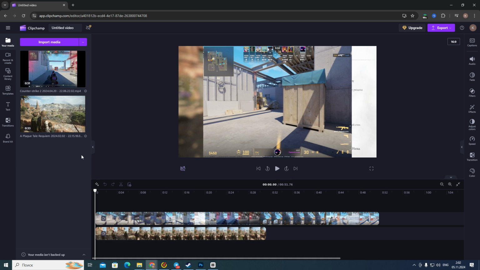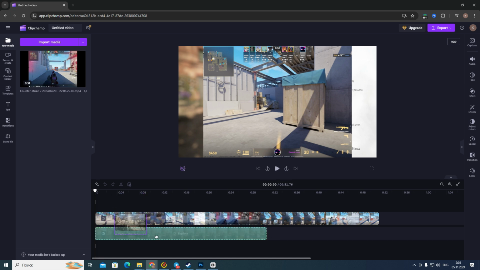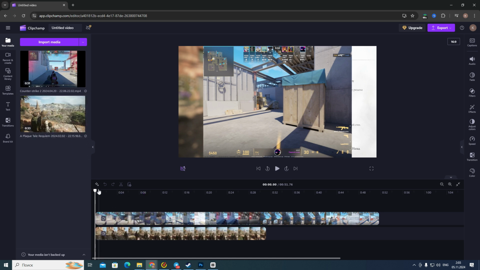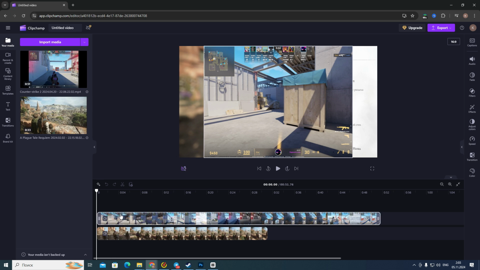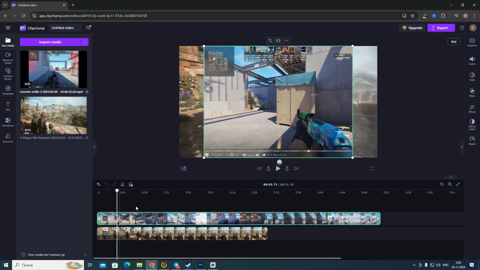After that you need to import media files. You can add 2 or more video files if you want. Then you need to press and hold on them and then drag it into this timeline. So after that, if you want to remove background, you need to click on any video you want in this